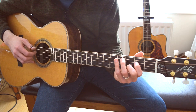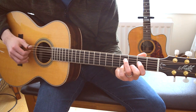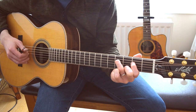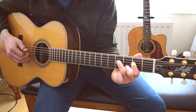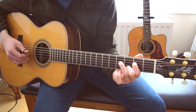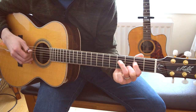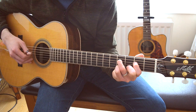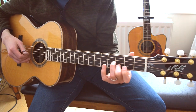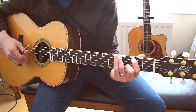Okay, what's coming next is this. So that's the A bass. So open 5th string and then that hammer on the D string. Okay. Once you get to this part, pull off to the open D string, open 4th string, and immediately bring this